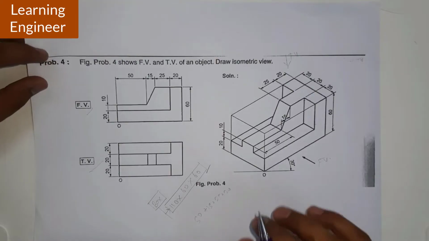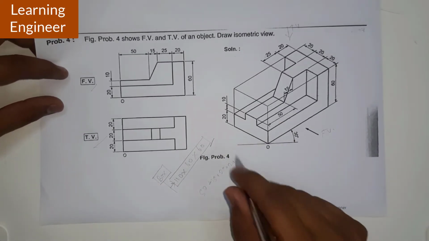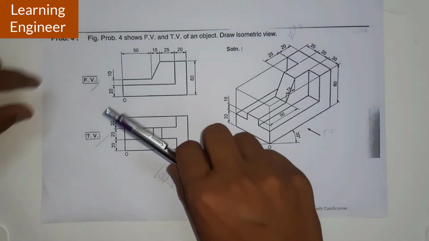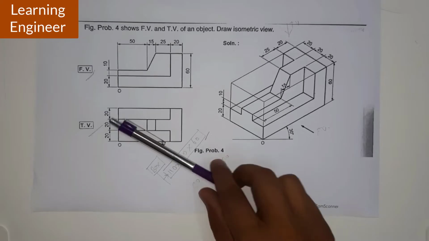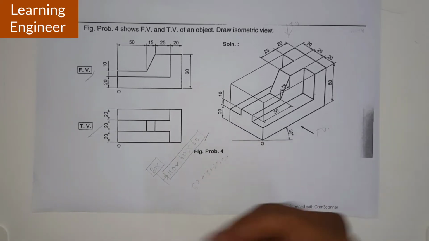Now we will go for the box. That is our first step. After making the box, we will try to fit the given views, which are the front view and the top view. Now we have decided the size of the box as 110 by 60 by 60. Now we'll be going for the box.